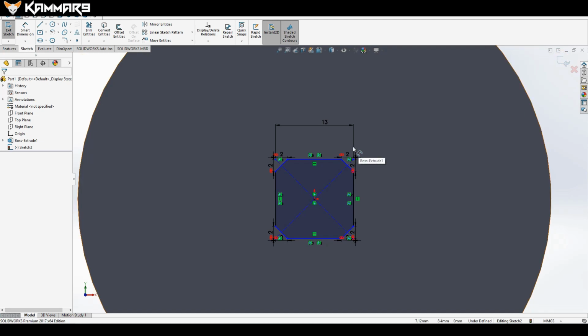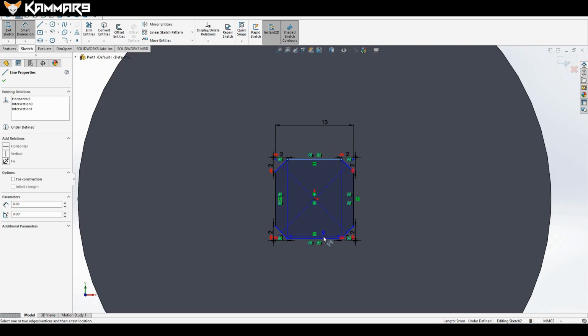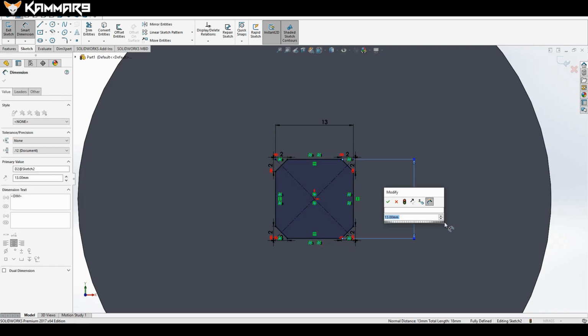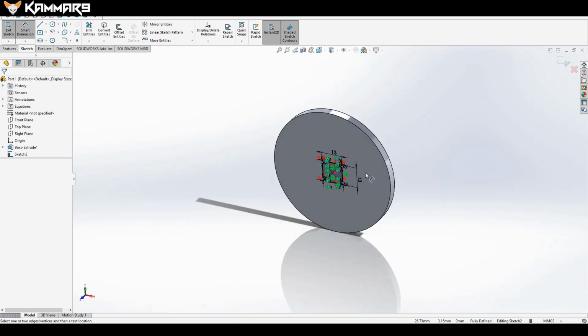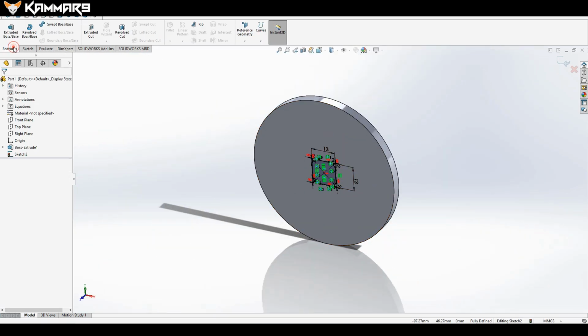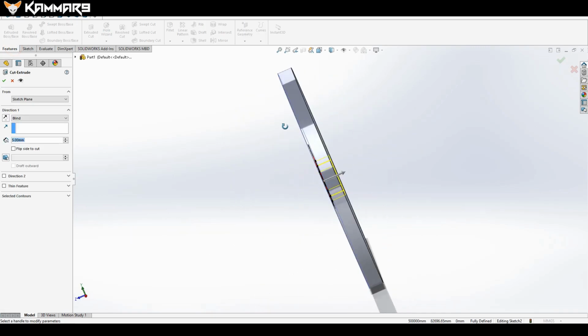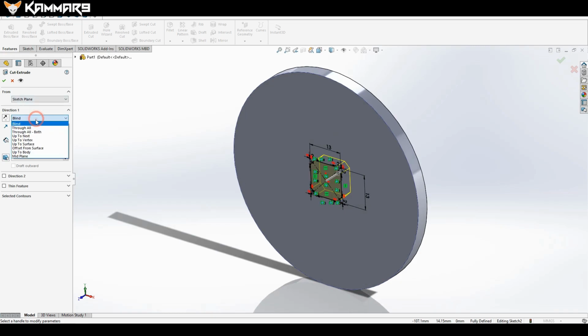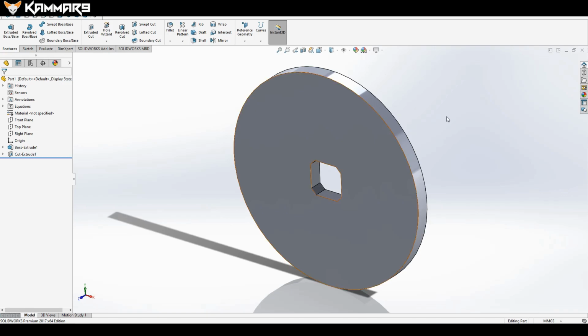Okay, as you can see here, what you have to do is just to add dimension here with 13, or if you like to go to equation and add function, maybe add 13 equal 13. It's okay like that if you can make through all. When you finish this,